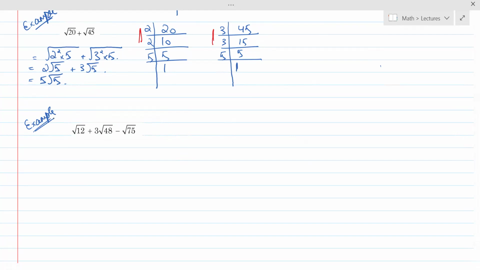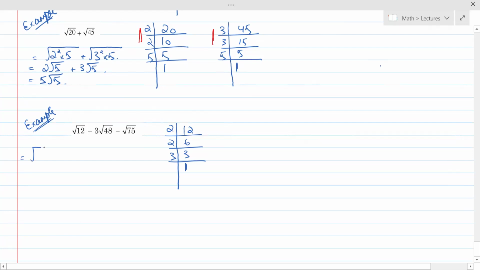So let's start with under root 12. For under root 12, we start with 2. 2 6s are 12, 2 3s are 6, and then 3 1s are 3. So this under root 12 can be rewritten as, since there is a pair of 2, 2 square into 3